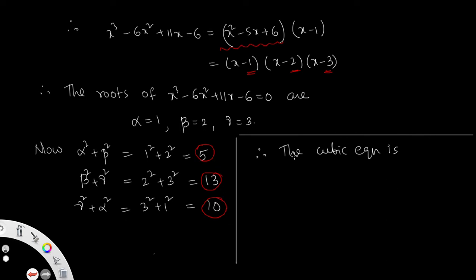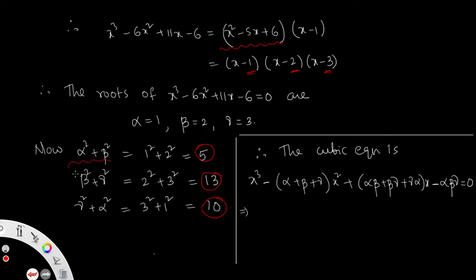So therefore the equation is always of the form x cube minus (alpha plus beta plus gamma, S1) into x square, plus (alpha beta plus beta gamma plus gamma alpha) into x, and then minus alpha beta gamma equal to 0. So these values can be applied here. Alpha means here the root in the form of alpha square plus beta square, that value is 5. So this is alpha, this is beta, and this is gamma. Let us take the values.